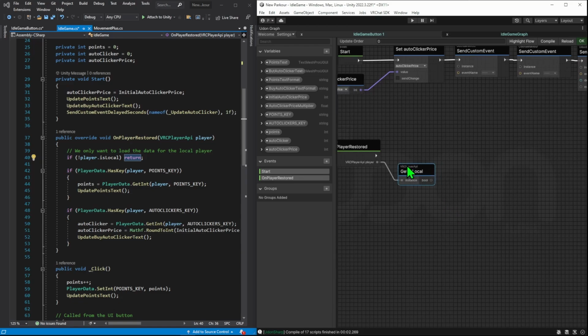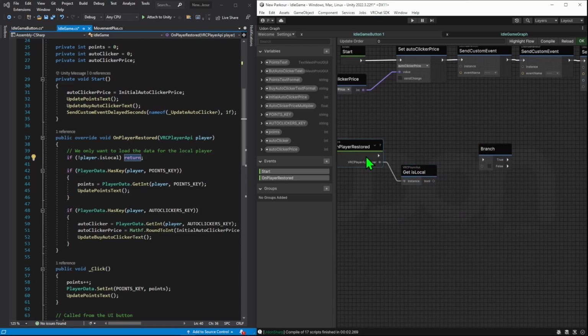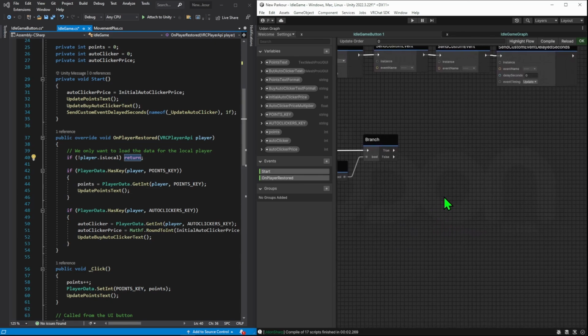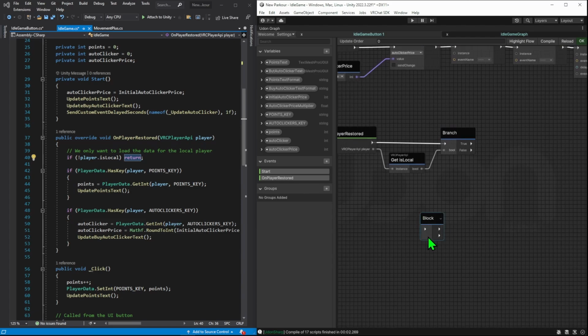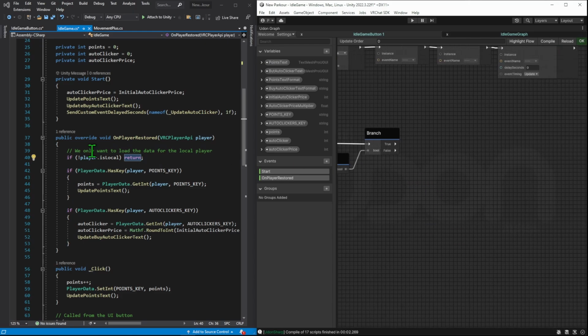Now, return doesn't exist in graph. Instead, whenever they have an if statement, that means it's a branch node. And basically they're saying if anything is on this false, do literally nothing. So we don't have to worry about that. We can just come out of the true. Normally what you do if you wanted both of these is you'd use a block node, and then it would check this and then do something else on the second arrow of the block node, which you'll see very shortly. Anyways, first of all, we want to check if the player has a key,